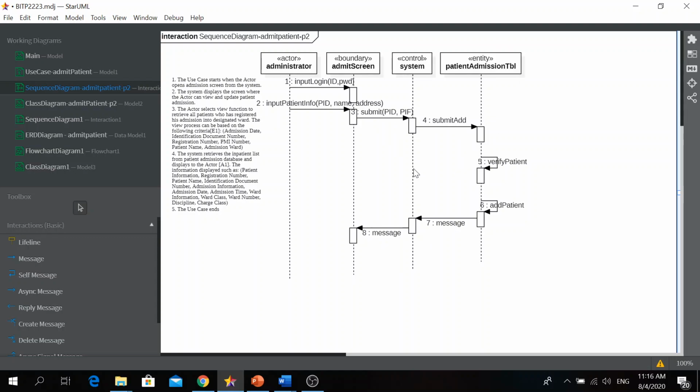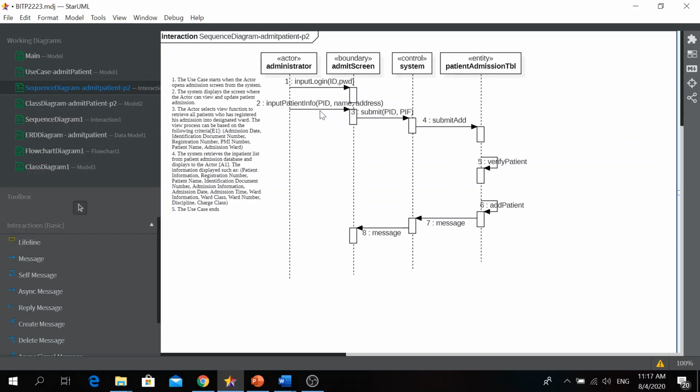This is the way you discover your attributes. This is an example of a sequence diagram to admit a patient. The administrator starts with input login. What inputs do they have to enter? ID and password. So ID and password are attributes.